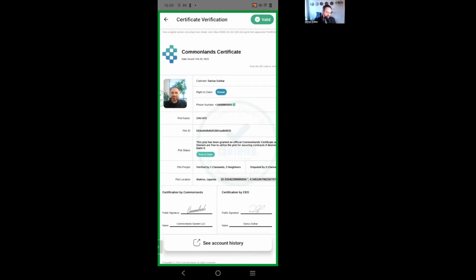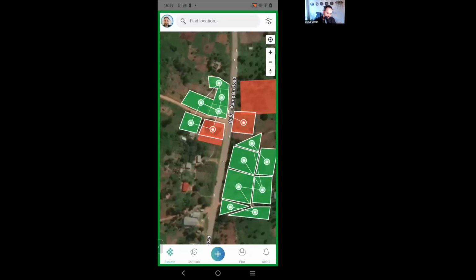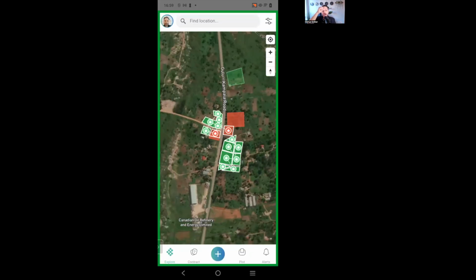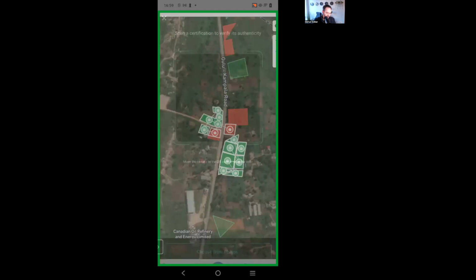Okay. Now, what happens when we try? So we're back at the verifier. So let's say that I fake a certificate. Okay. I am giving someone a certificate that looks legitimate, but it has a fake QR code on it, and someone goes to verify it. What happens there? So I have a fake QR code in here.